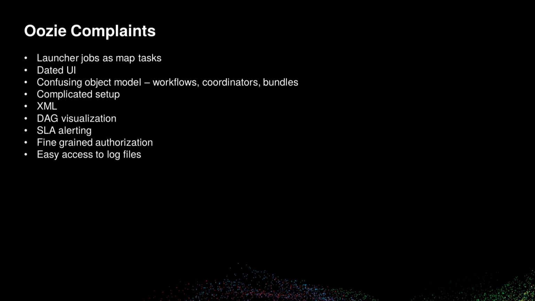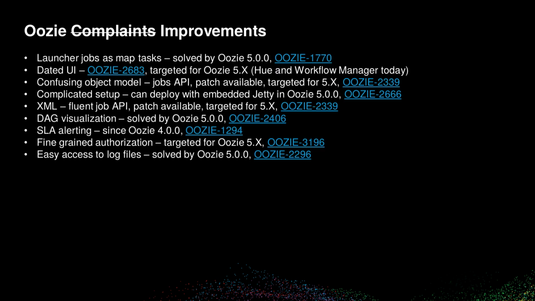But I am passionate about this project because a lot of those misconceptions can go, you can work around them. So firstly, in 5.0, the launcher, the map tasks, were replaced with a Yarn application. So what does that give you? First of all, there's no extra map task, right? We can deprecate MapReduce in that sense. It runs as a Yarn container, which means your jobs don't suffer from the job startup costs. Your jobs will finish a lot faster, right?